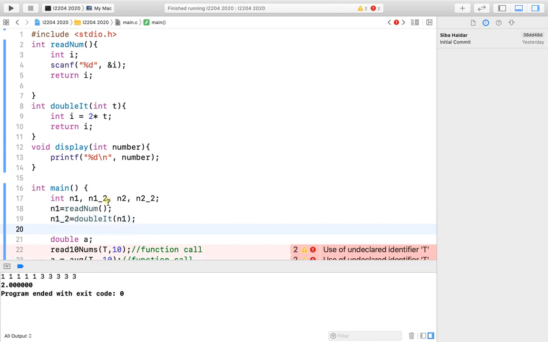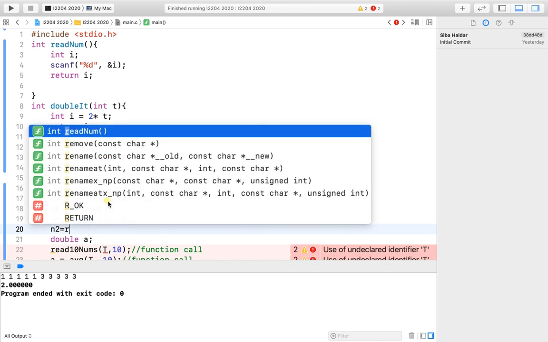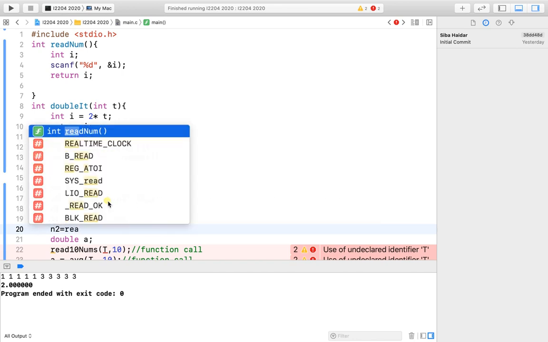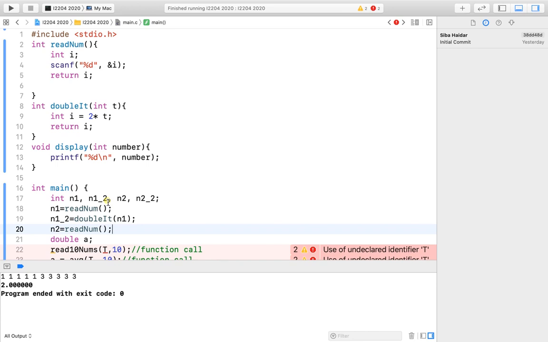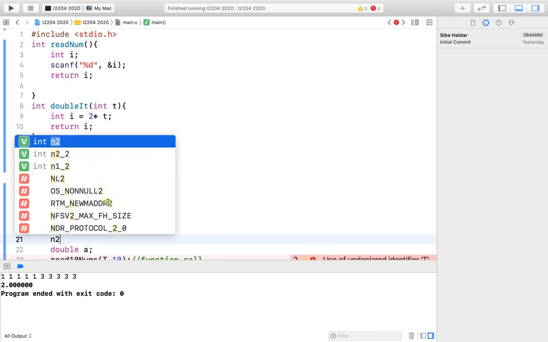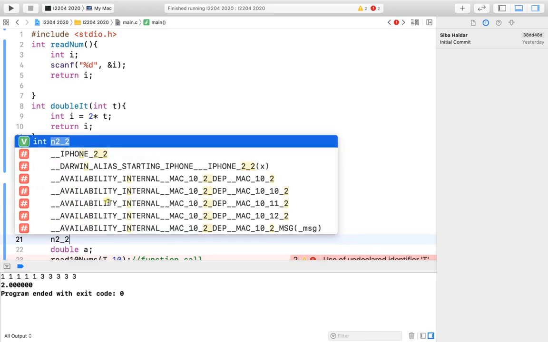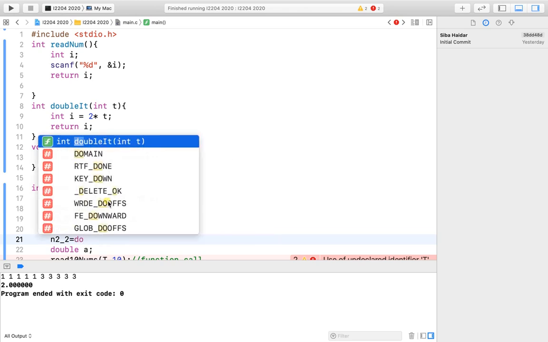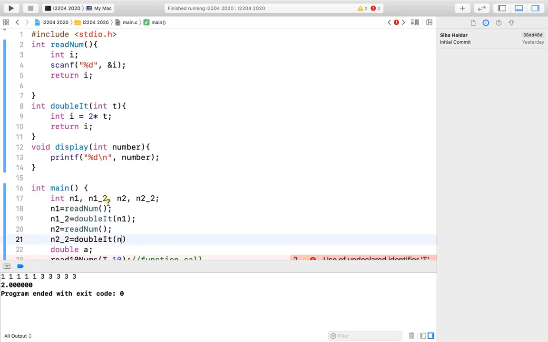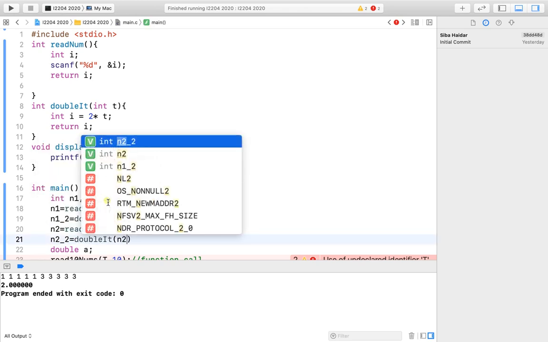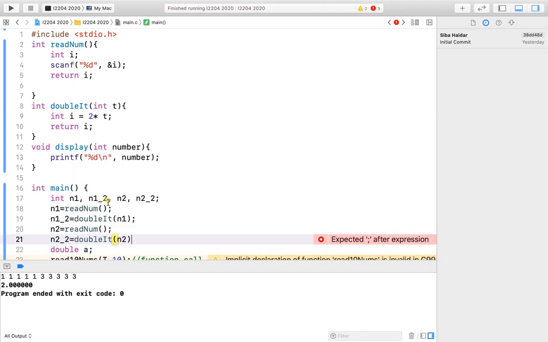Now to read the other, n2 equal, again I will call the function read num, and n2_2 equal double it, but this time I will pass the argument n2,